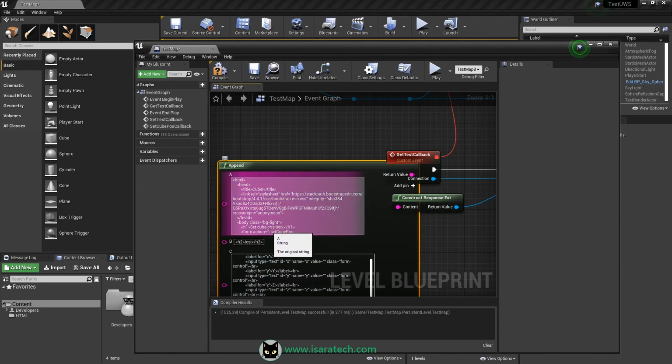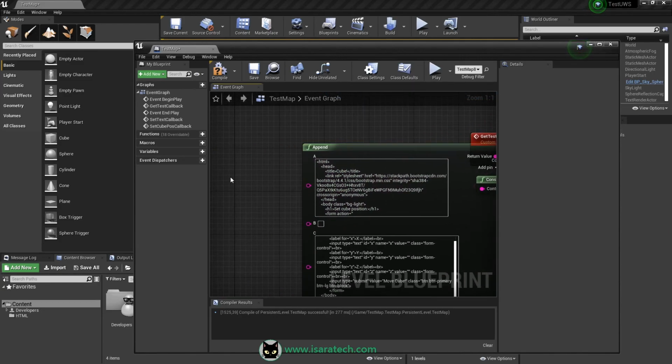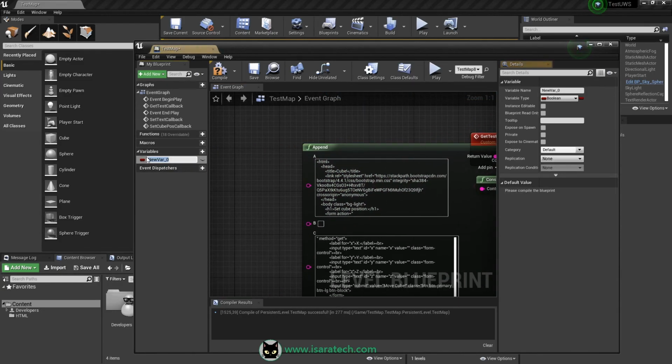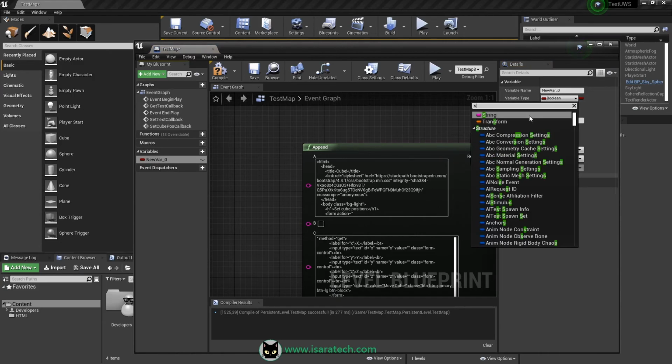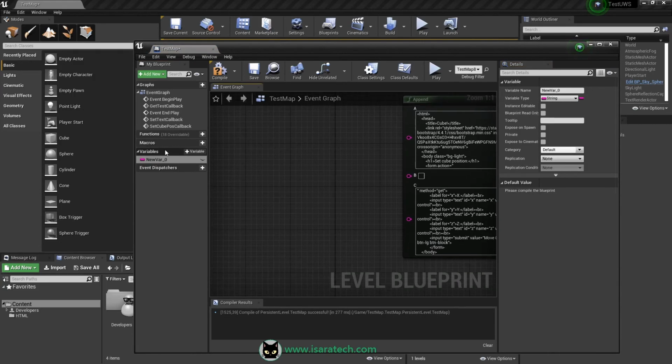You can extract the endpoint here, the setCubePose endpoint, and we will create a new string variable, the setCubePose endpoint.